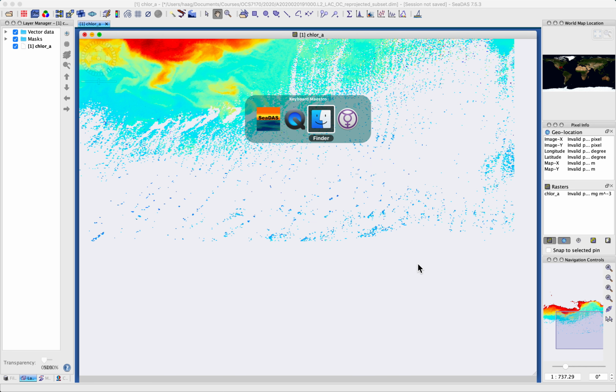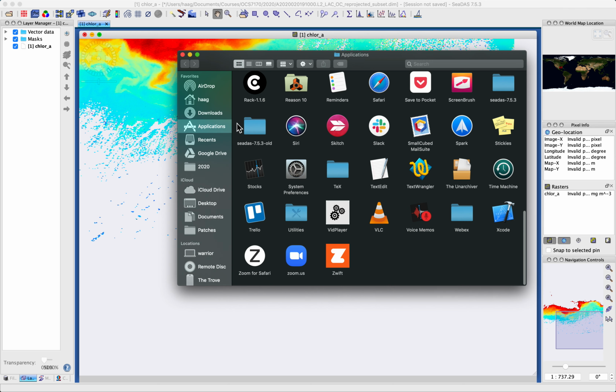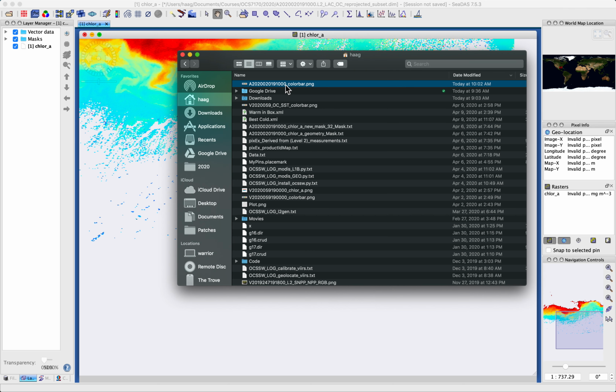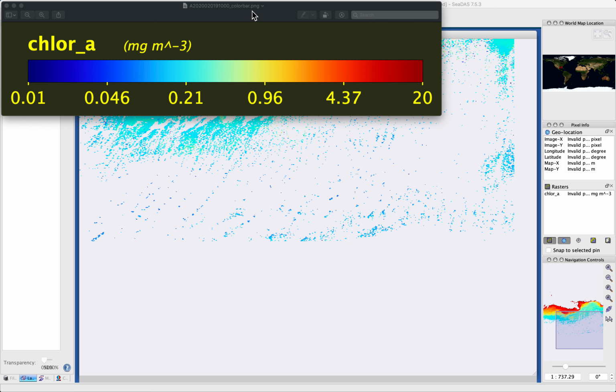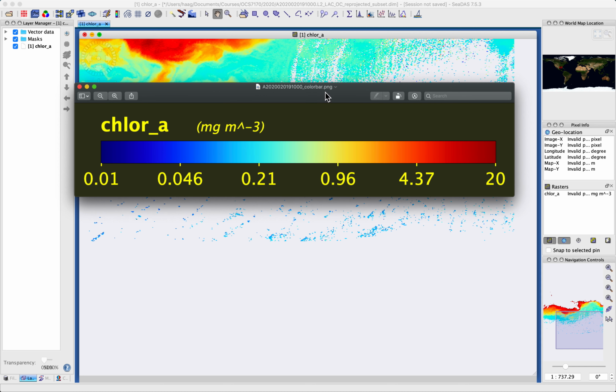Save that, and if I were to go to my home directory and open that, then I get quite the beautiful image that I can then use some other program to embed into the image, the data image, or use separately, or submit this along with an image for publication and let the publisher manipulate it, because this is an extremely high resolution